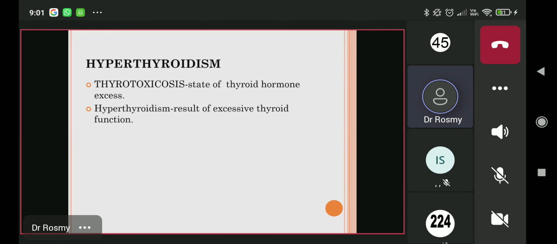As was already told in the morning, in hyperthyroidism, the gland is functioning excessively. So the gland is overworking. Now it is all the time producing despite knowing that it already has a good amount of hormone in its store. But in thyrotoxicosis, it is not necessary that the gland is hyperfunctioning. The gland is functioning normally, but all of a sudden, due to some insult or some injury, whatever amount of thyroid hormone it has produced and stored in itself will be released all of a sudden.